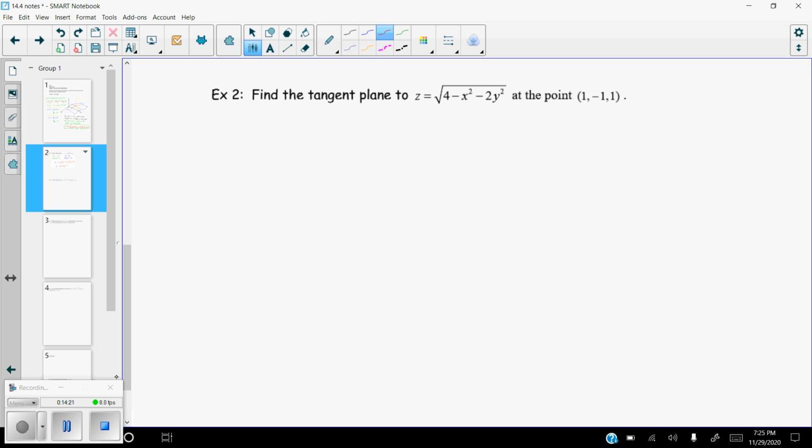So again, we need to find the partials first. So we'll find the partial with respect to x. All right, so this is going to be a bit of a chain rule here. This is going to be 1/2 the entire inside to the negative 1/2 times the derivative of the inside with respect to x, which is a minus 2x. Let's see, simplifying a little bit, the 2's here are going to cancel out, and we're going to get negative x